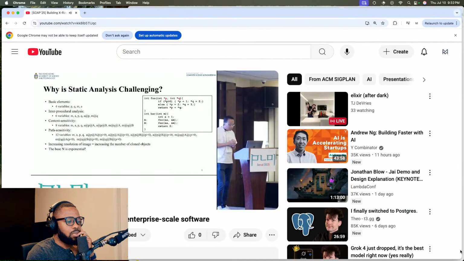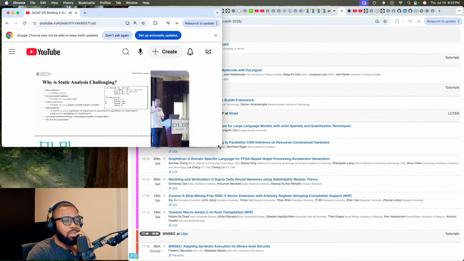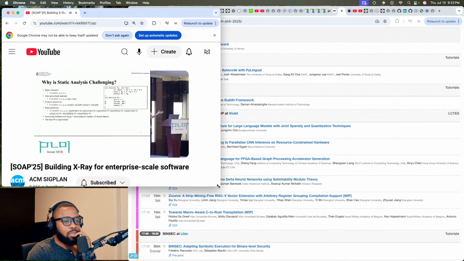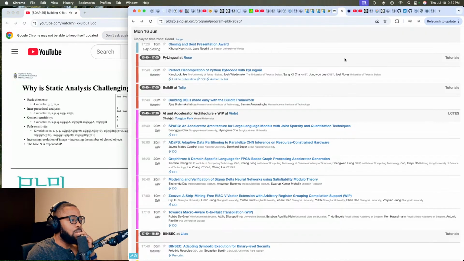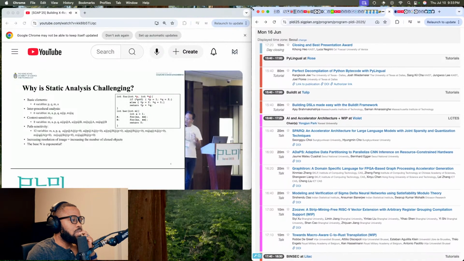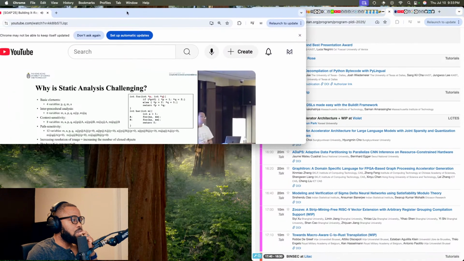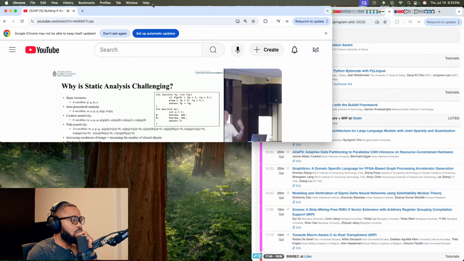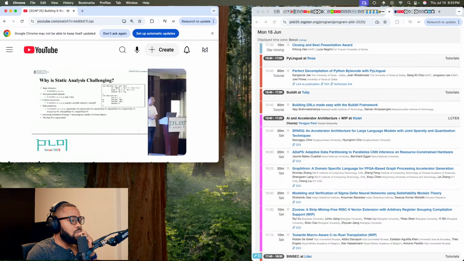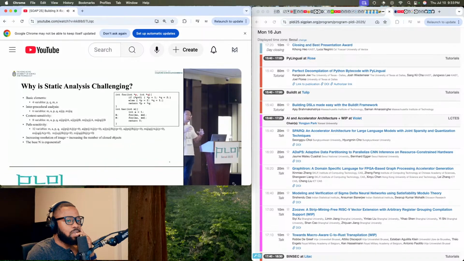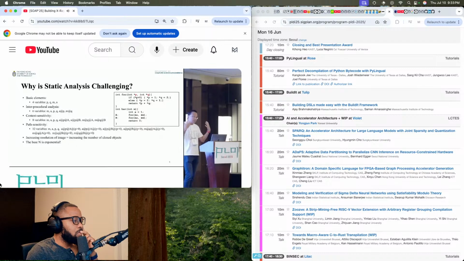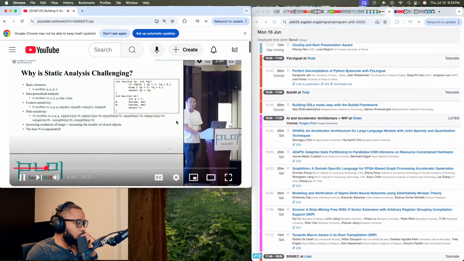Okay? So relating to X-ray, this sort of describes the granularity of the image. Of course, the higher the granularity that we're able to look at, the better the quality of the image we can produce for the behavior of the software. So the important takeaway message here is that we work so hard on the algorithm. Right? We try to speed it up. So we have a cubic algorithm for pointer analysis, for example. We have subcubic improvements on the analysis. But don't forget that the base n is already exponential. Right? So it doesn't matter how fast your algorithm is. The number of variables to consider is exponential. That's just a physical fact to me.